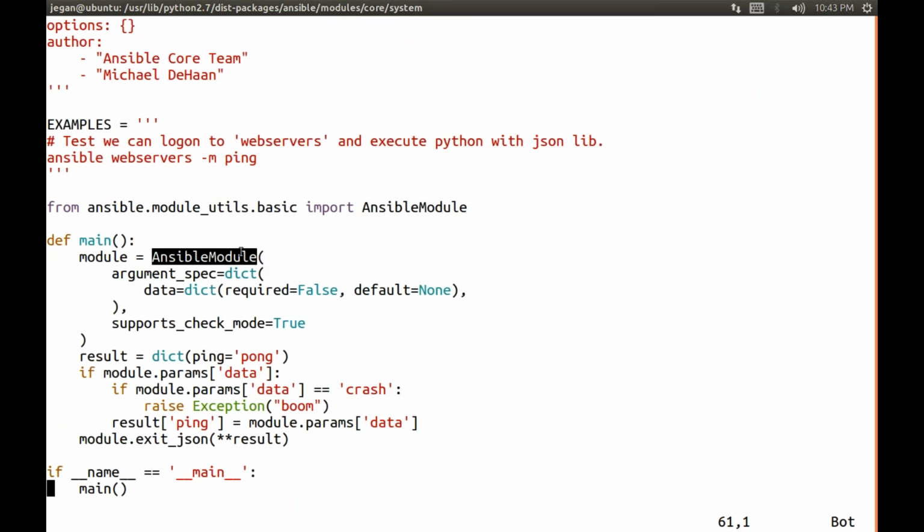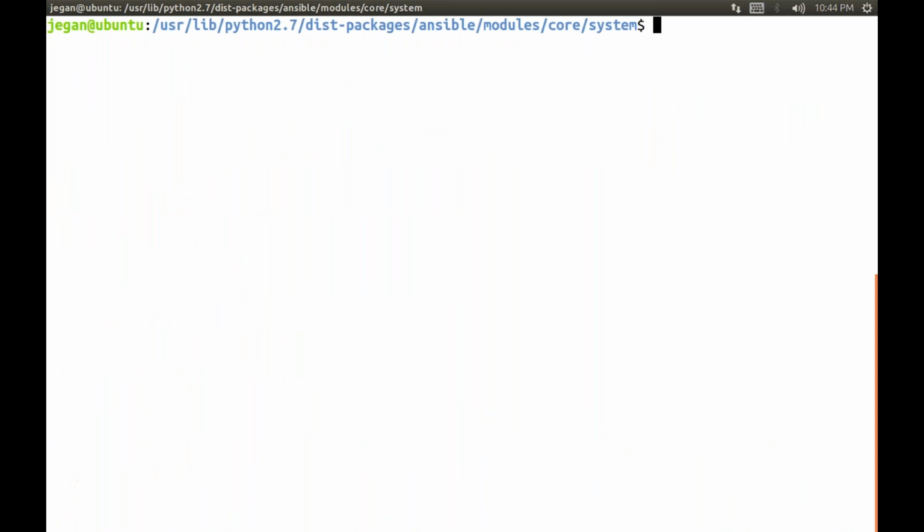Basically, you have to use this Ansible module, which will take command line arguments and so on. However, if you want to write your own module, you can also write it in shell script or C or C++. But you have to ensure that it gives the response back as a JSON response. Because when you say Python ping, this particular command,